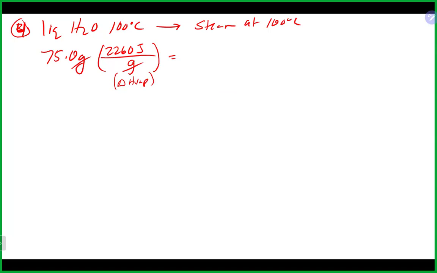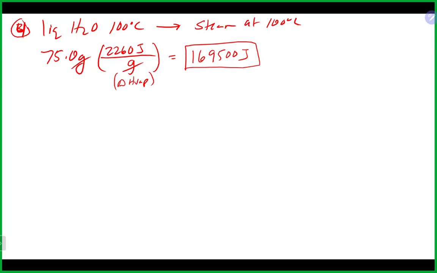And that is because it is endothermic. Obviously, if it was exothermic, it would be the exact same number, except that it would be a negative number if you're going in the other direction. So 169,500 joules of energy. That is the amount of energy that's required to do our phase change of liquid